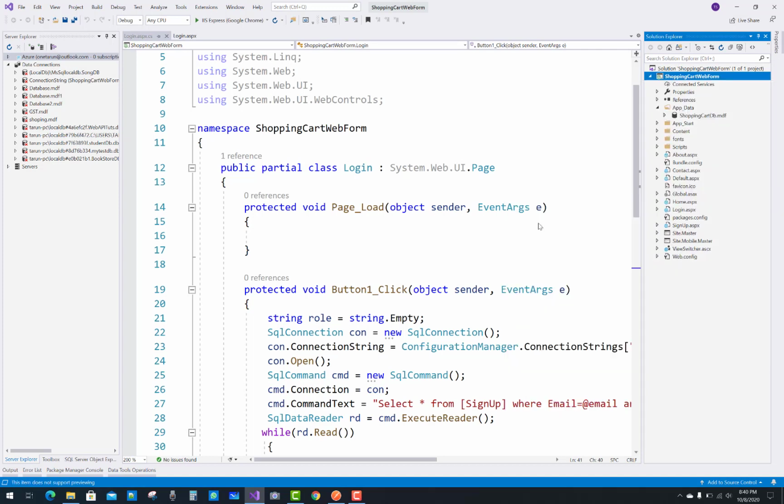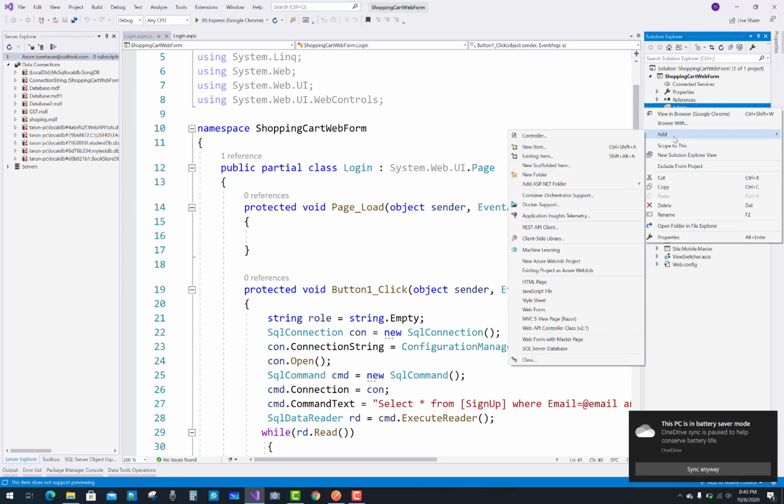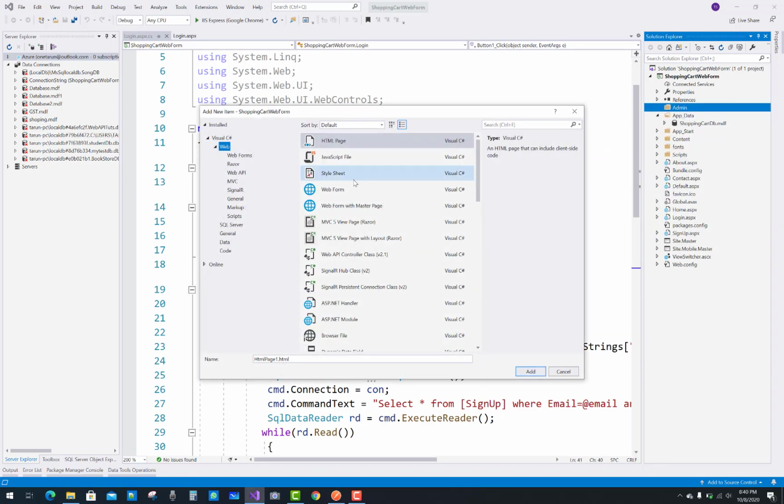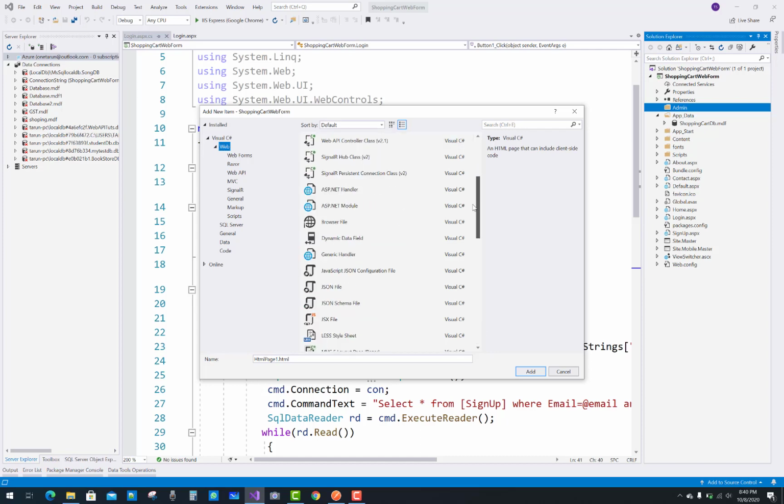And add a new folder and create an admin folder. You can say the PC is in battery saver mode. So add a new master page, that is, web form for the master page. I want to add a new master page, that is the nested master page in an application.